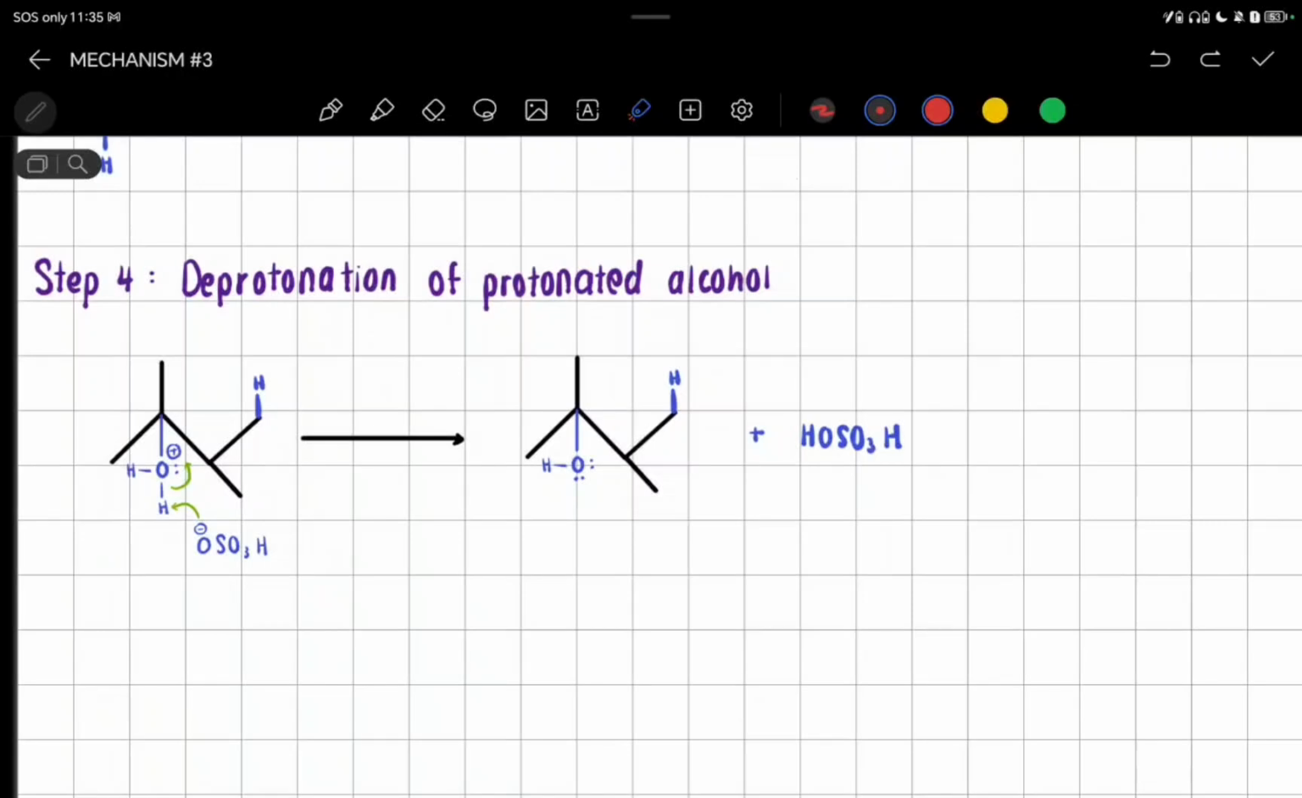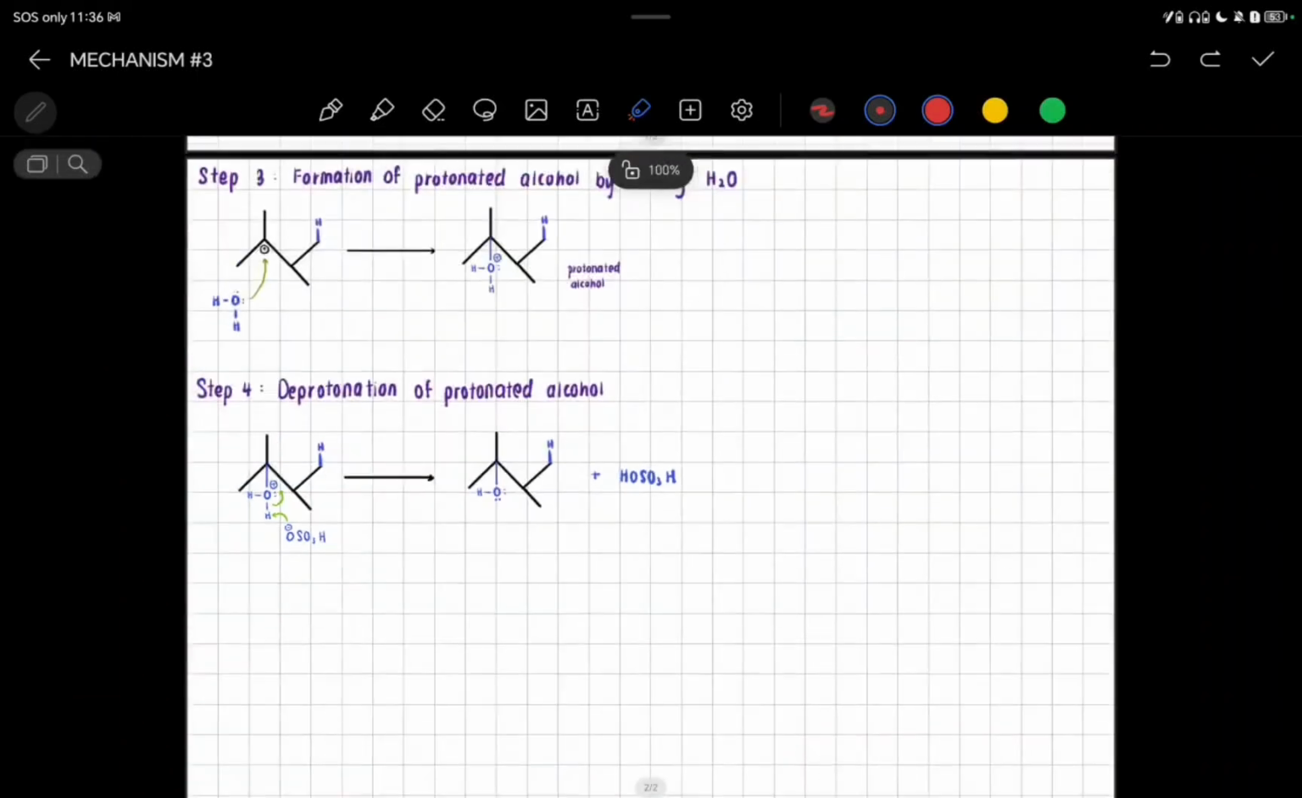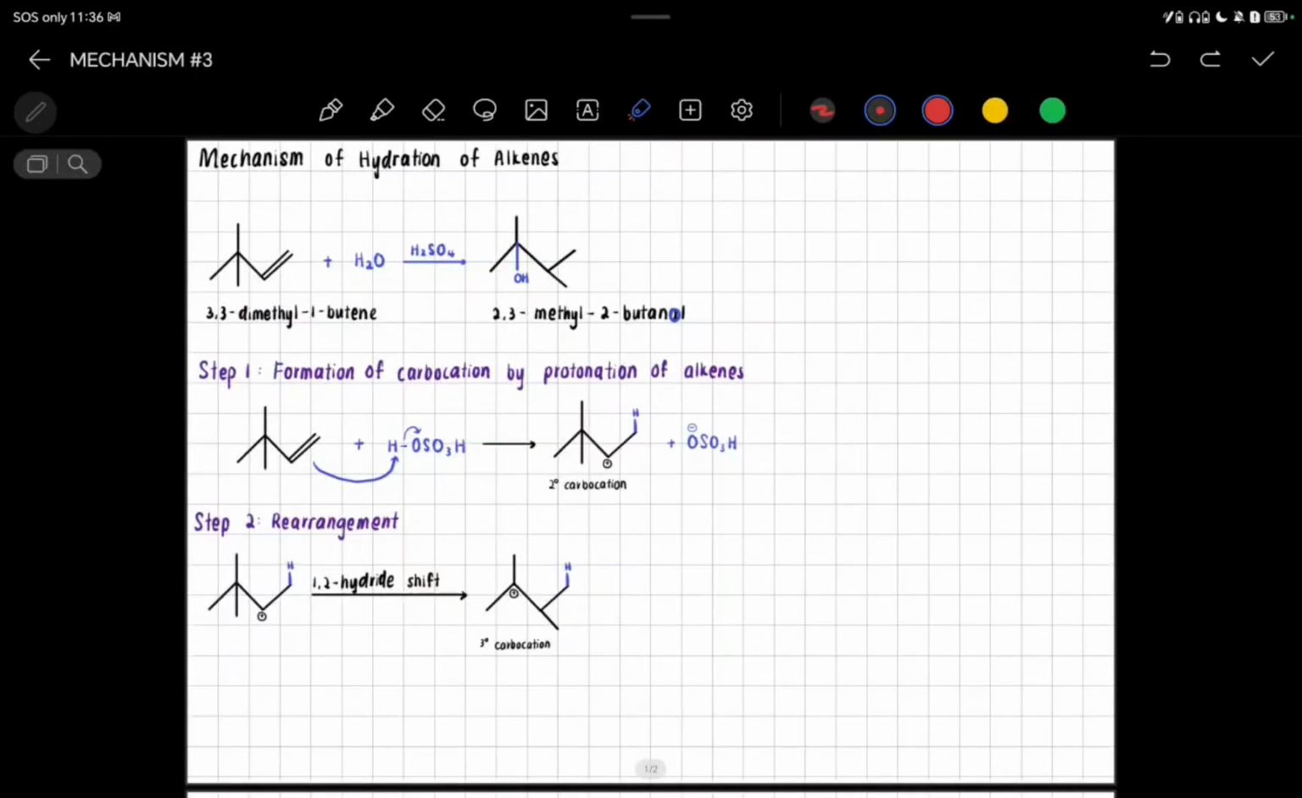Oh, I'm sorry. Here, the O-H bond will break, and then the electrons from the sigma bond will be pushed toward the O, which is here. So the final product, which is the 2,3-dimethyl-2-butanol,